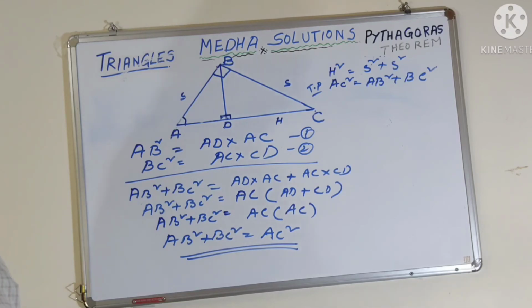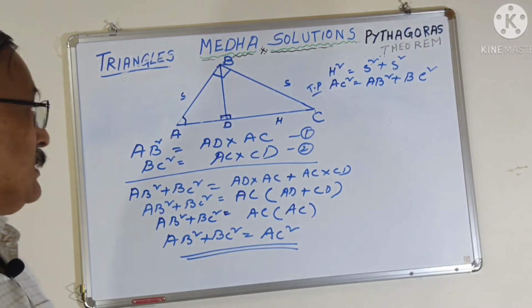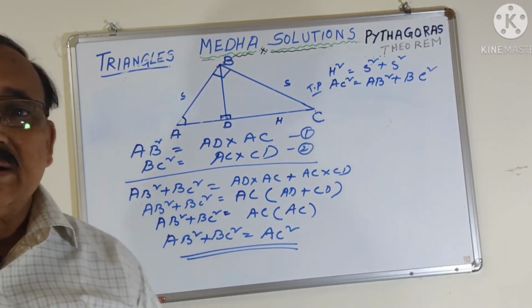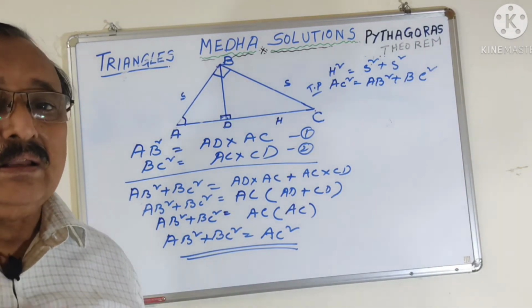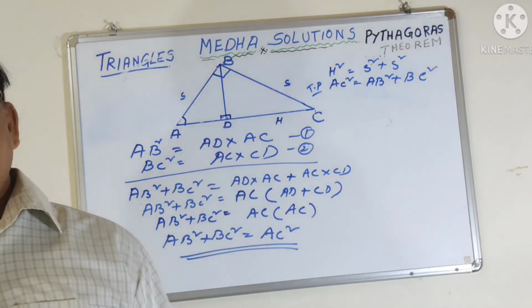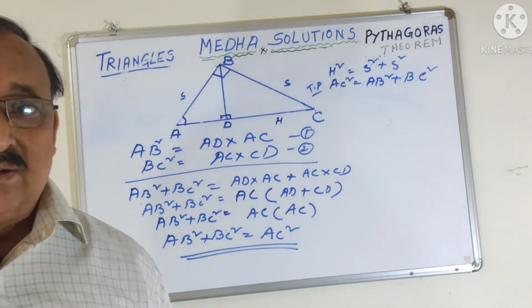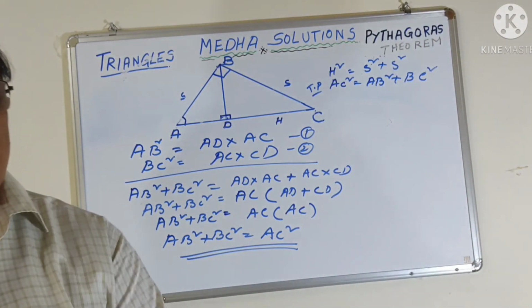And then after this there is the converse of Pythagoras also, but this Pythagoras theorem is very important in applying to all the other chapters. Not only other chapters, in this triangles chapter there are so many tough sums. We are going to discuss those sums also in the next exercise.